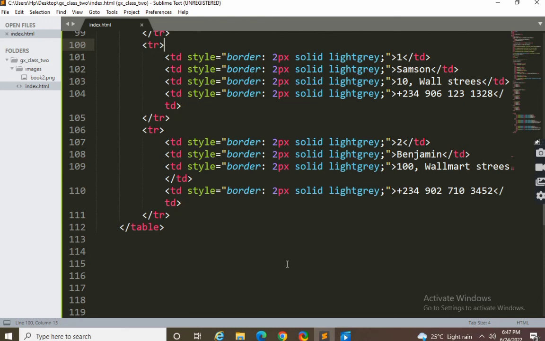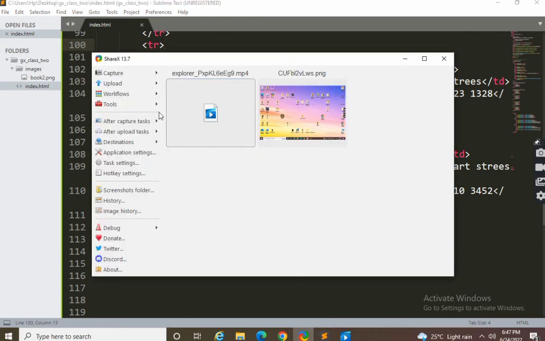Inline elements stay in the same line until they exhaust the whole width of the screen. An example of that inline element is span, SPAN. Just type span, click on tab, it will show both the closing and opening tag. So you say, let's say you write a span, say